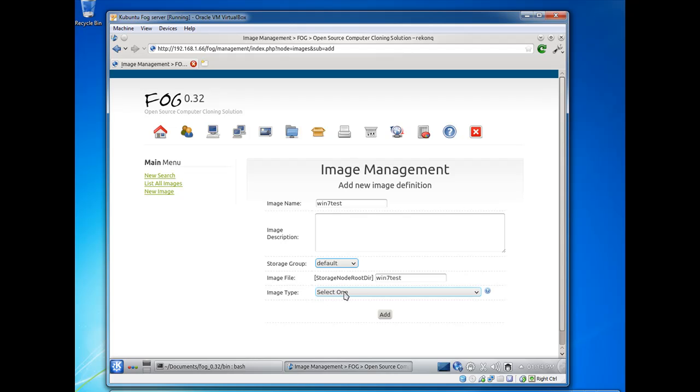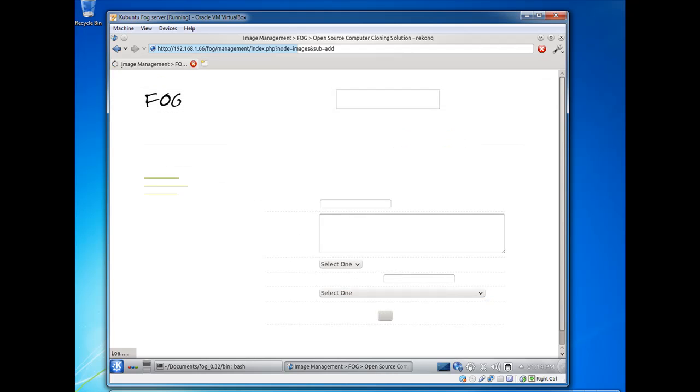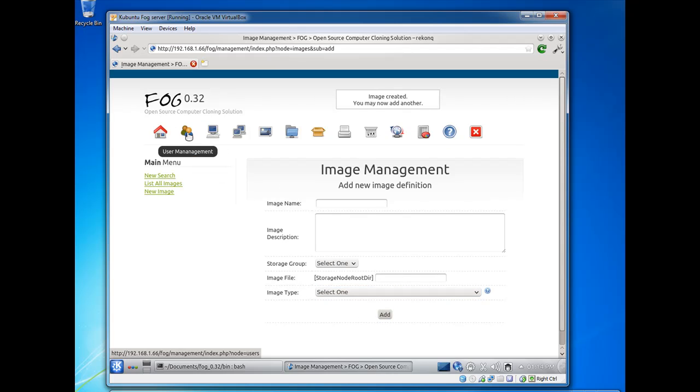And this is fine where it says Windows Test. I'm going to just select what it is. It's multiple partitions, a single disk. It says it's not resizable, but it actually is, which is okay. So I'm going to click Add for that, and then now what I'm going to be waiting for is